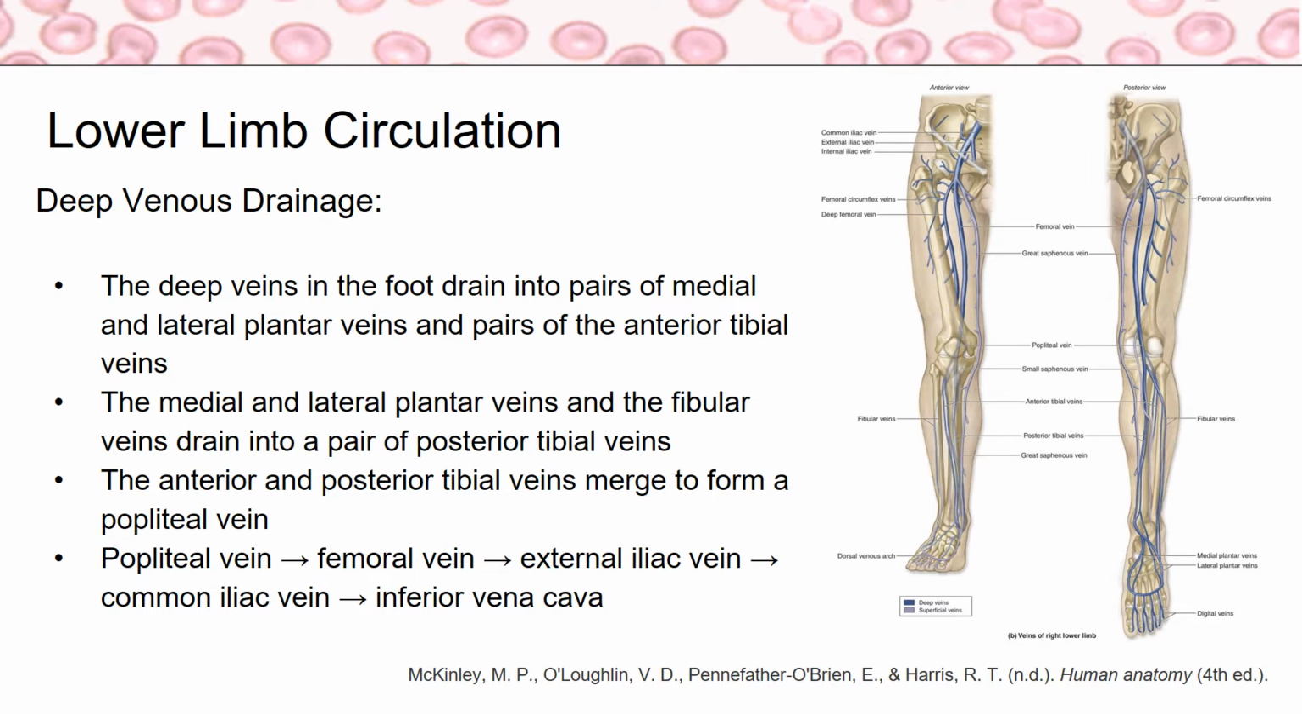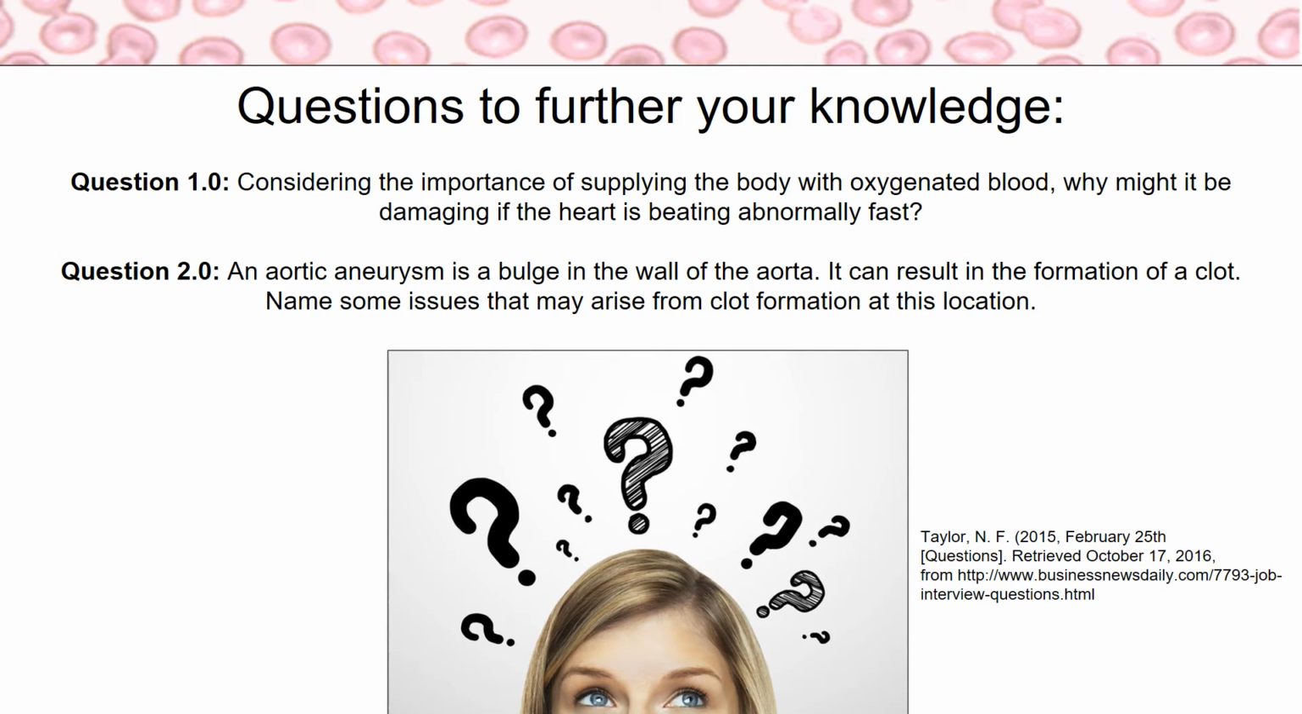And as if that isn't enough, the popliteal vein becomes the femoral vein, which becomes the external iliac vein, which becomes the common iliac vein, and then the 2 common iliac veins from either leg merge to become the inferior vena cava. So that is the end of our content, and then here are some questions for you to look at when you have time,